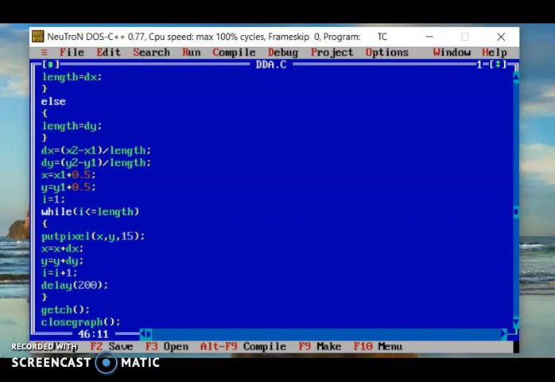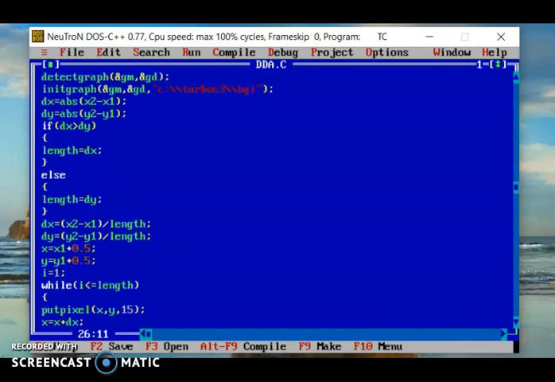Then next, we are finding the new value of delta x and delta y according to our algorithm: delta x equals x2 minus x1 divided by length, and delta y equals y2 minus y1 divided by length. The value of the length variable will be taken from this if else.